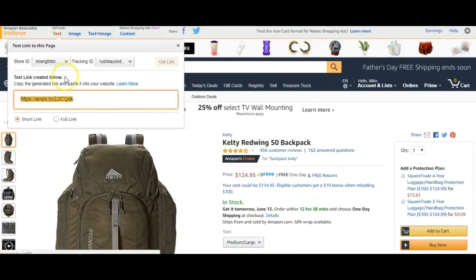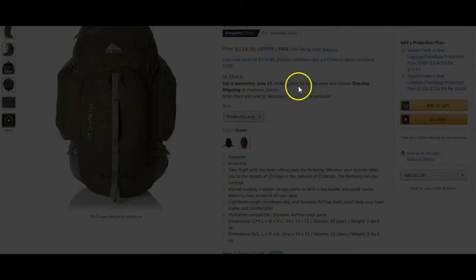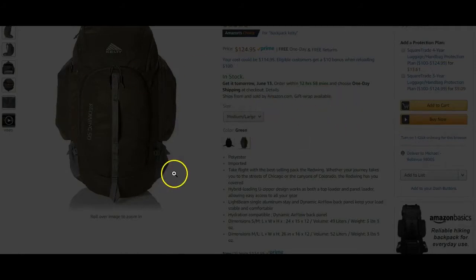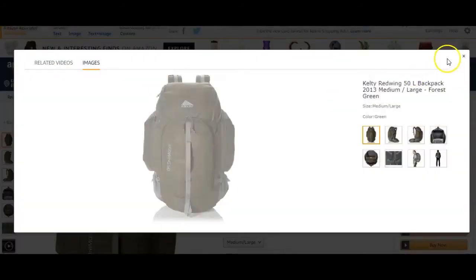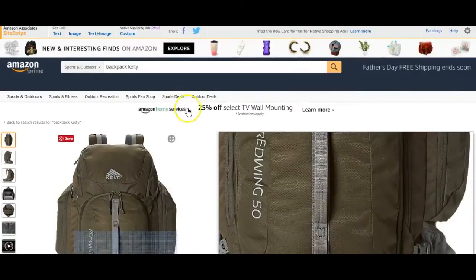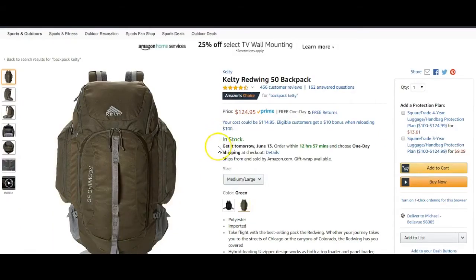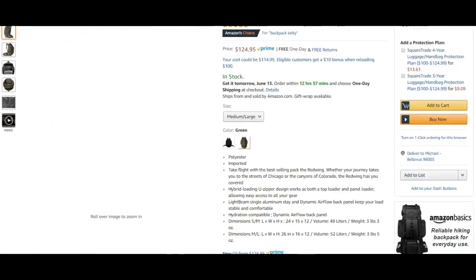If you click on this, I'll have my own private code where if I post this and then someone goes ahead and clicks on this and they buy this product or any product, that's one of the nice parts about Amazon: once they click through to Amazon and buy basically anything after that, if you're the referring partner, then you're going to make a cut off of that. So for something like this, $125, you might make anywhere from a couple dollars to several dollars, depending on your account and how well you're doing at promoting products.